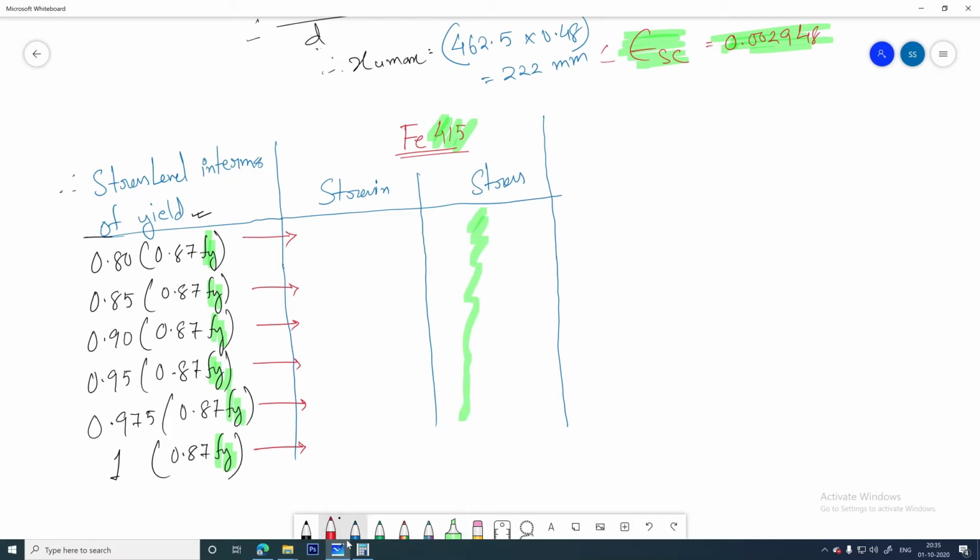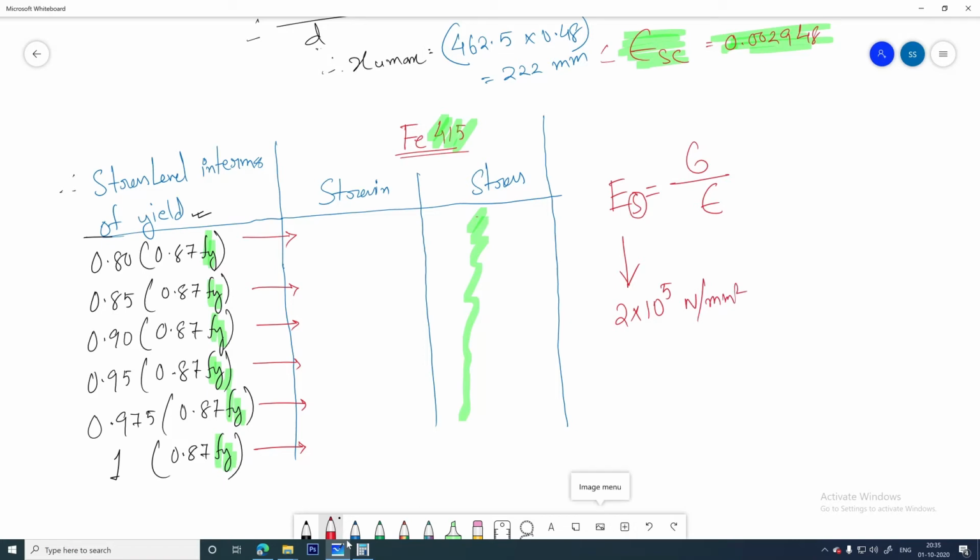Now when you get the stress, we know that stress by strain is equal to the modulus of elasticity, and here it is steel, so the modulus of elasticity of steel is how much? It is 2 into 10 to the power 5 Newton per millimeter